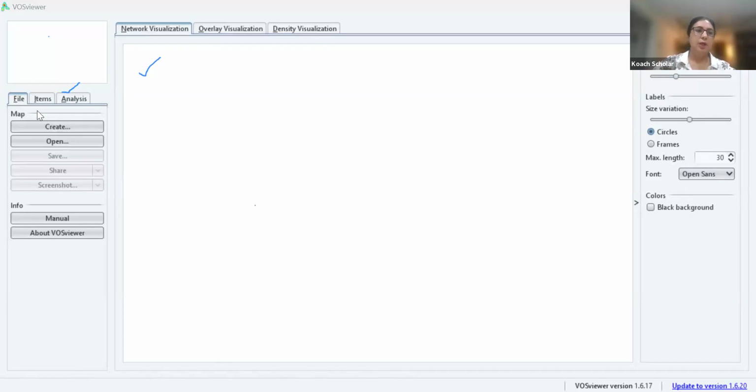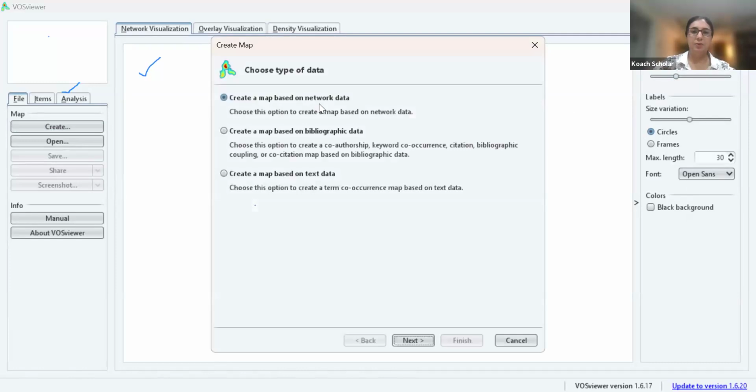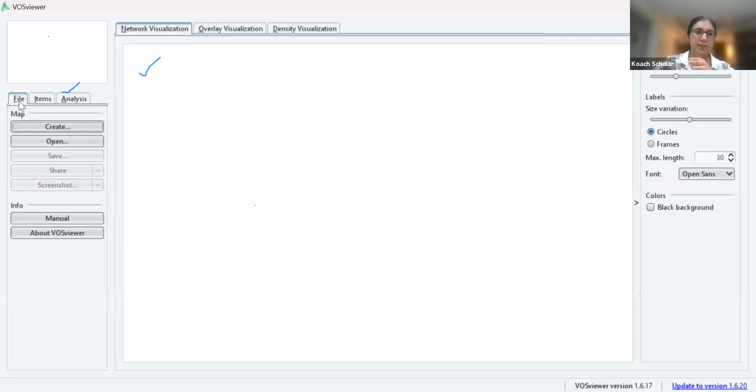Okay, so now we go to create a map based on network data. First, you see three things here. What I have done, I'll repeat the step. Can you see here the file button? I have simply clicked file